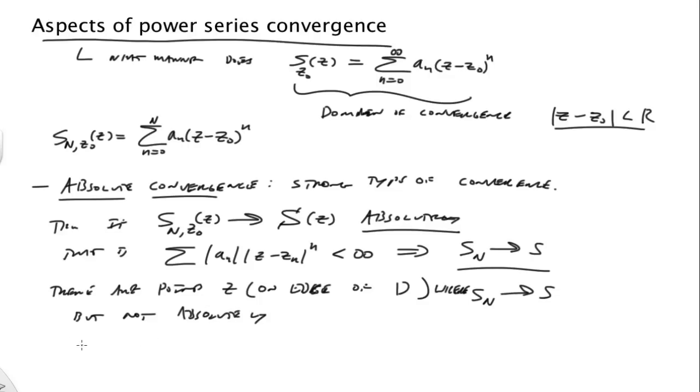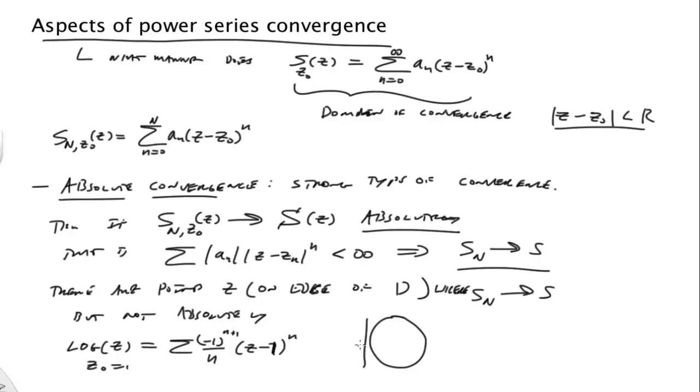And one perfect example of this is the log function log z, where I'm going to expand about z equals 1, and we found out that we have this series, the sum of (n plus 1) over n times (z minus 1) to the n power. Okay, so our domain of convergence here is actually going to be, here's the origin right there, and we're expanding about the point 1, and we can't have this domain touch 0. Okay? 0 is not allowed, and so we have to keep that domain smaller than that. But it turns out we can move it all the way out to 2.